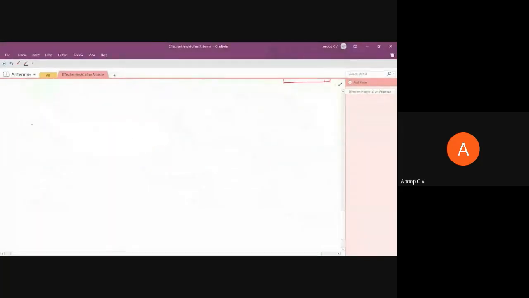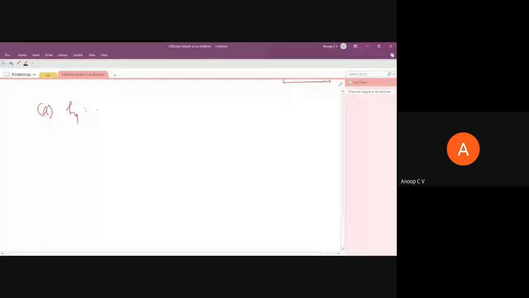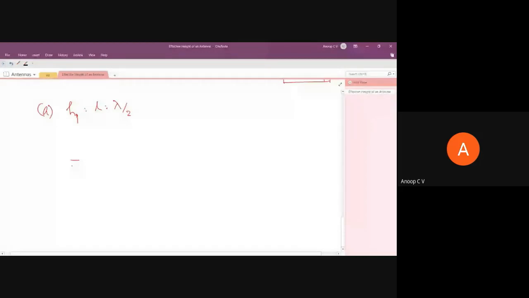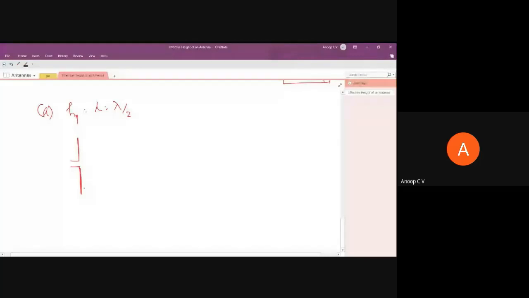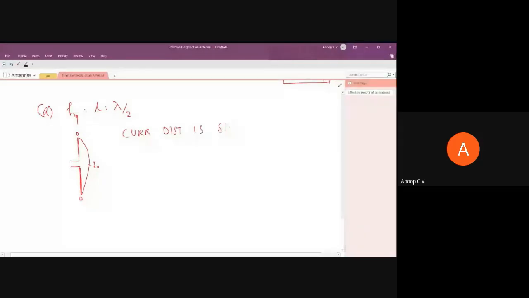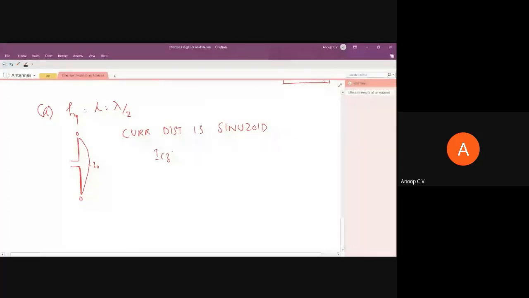Just imagine case A, where hp is equal to L, which is equal to lambda by 2. I'll be drawing only the current distribution. If the current is distributed like this, there will be uneven distribution of voltage as well. The current distribution in this case will be like this. At the ends it will be 0, and at the center it will be maximum, I naught. So the current distribution is sinusoidal. In fact, this I of z, if this is kept at the origin,